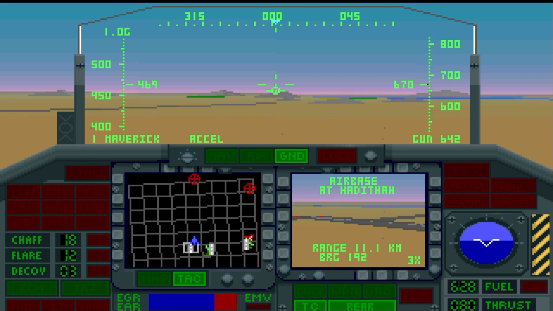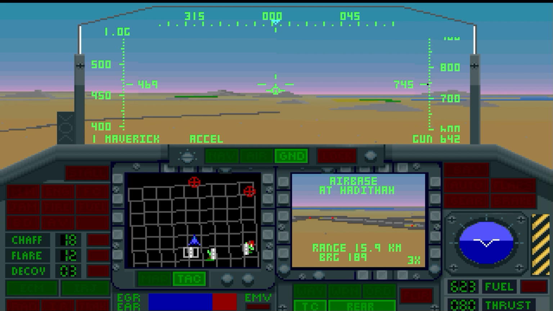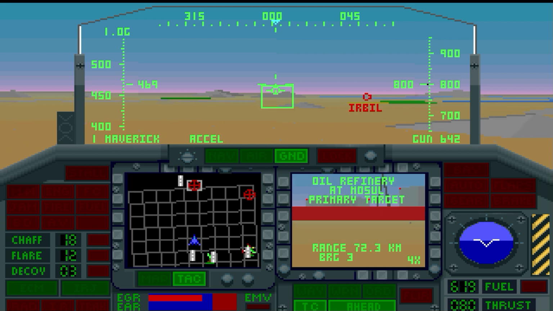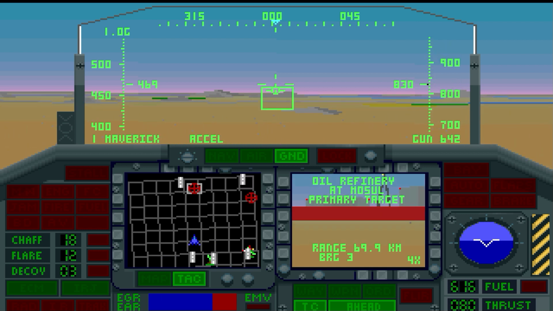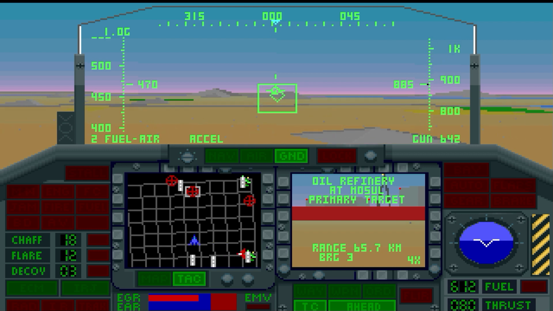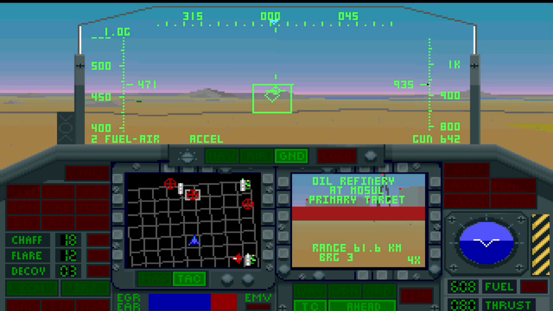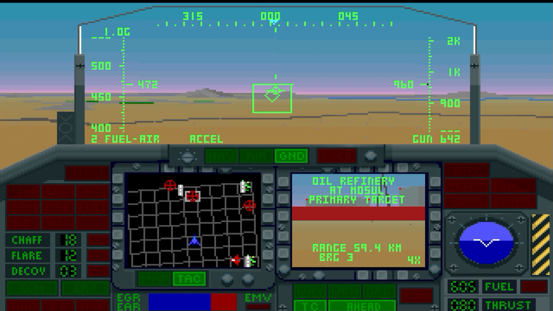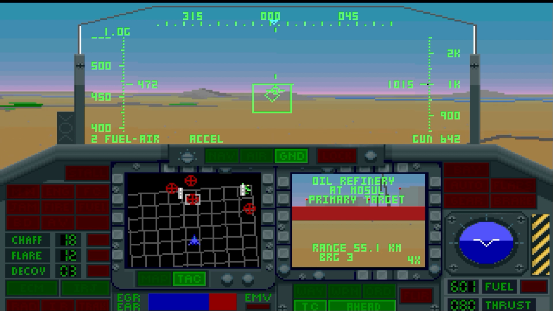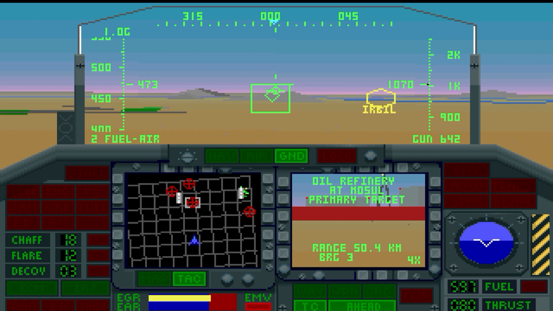All right, let's accelerate back out and get to our next target, which is probably that cross circle that's coming up in front of me. There it is, primary target, oil refinery. Let's cycle into our fuel air explosive here and get a fuel air ready for hitting this thing with. Not sure if a fuel air would be really a good idea here, but I'm guessing the oil tanks are fairly fragile, so they should blow up nicely. I do have a feeling that this...